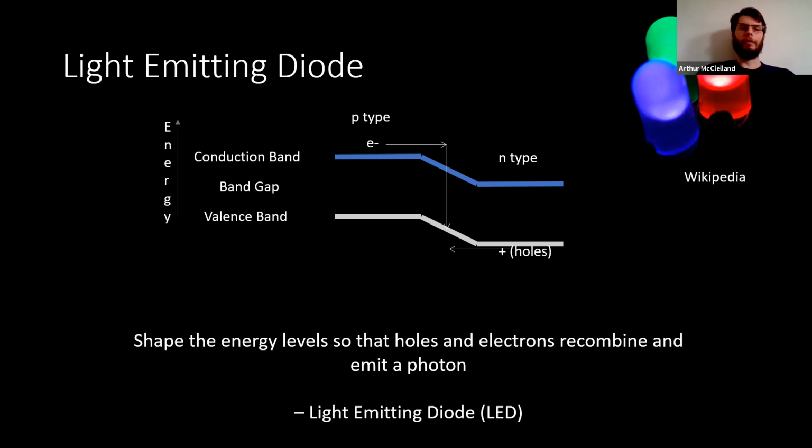So with photons, you don't have to worry about conservation of mass, but you do worry about conservation of energy, and we're taking the extra energy from the electron and holes recombining and getting photons. And by tuning this band gap, different size band gaps will give us different colors of LEDs. A blue photon contains more energy than a red photon. So a blue LED has a wider band gap than a red LED.